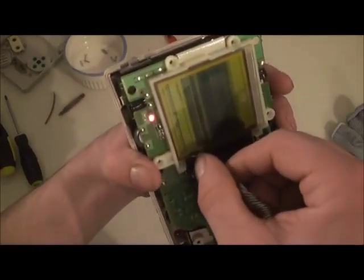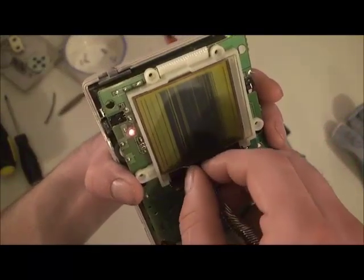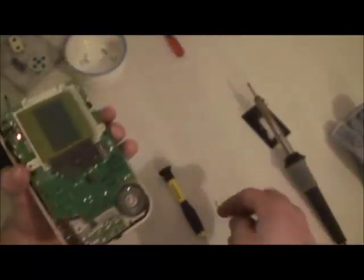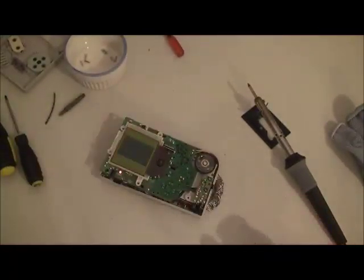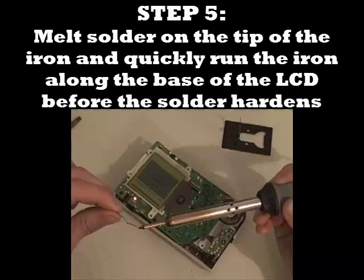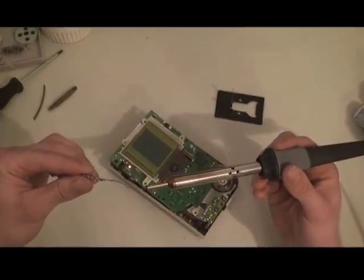You'll see as I'm moving across there, I can get them all to light up. This is the solder I'm going to use. I'm going to heat that up and melt it. And as I move it across, each one is lighting up. All right, get our workspace all clear. Let this heat up. Okay, now that it's heated up, we're going to melt a little bit of solder, a little bit at a time,